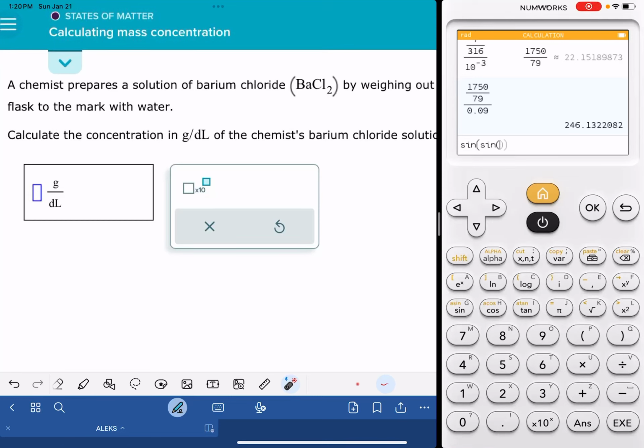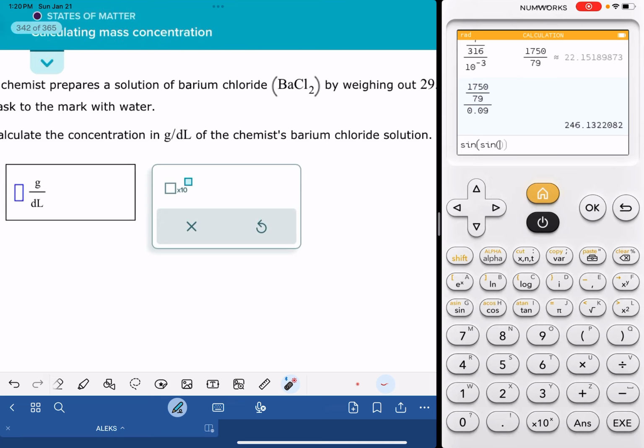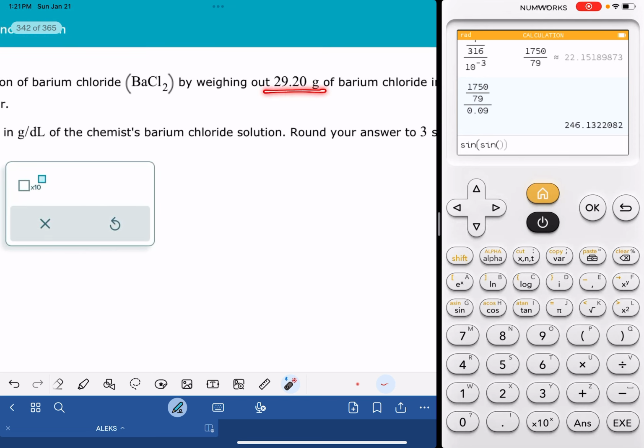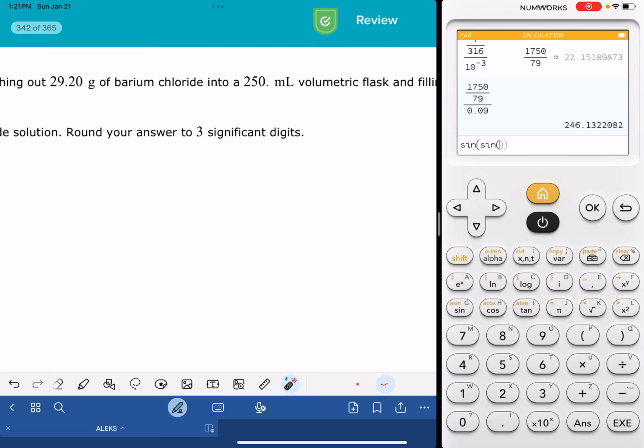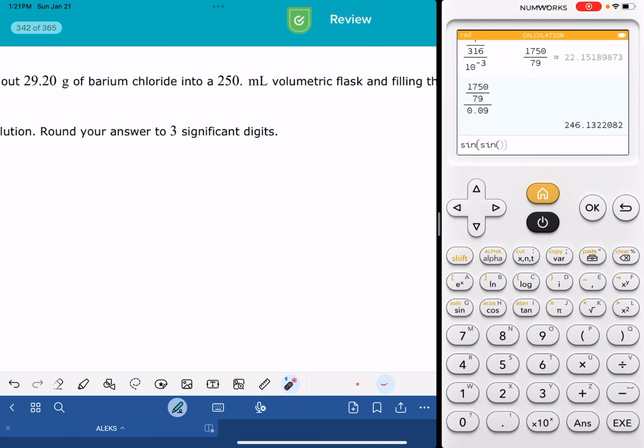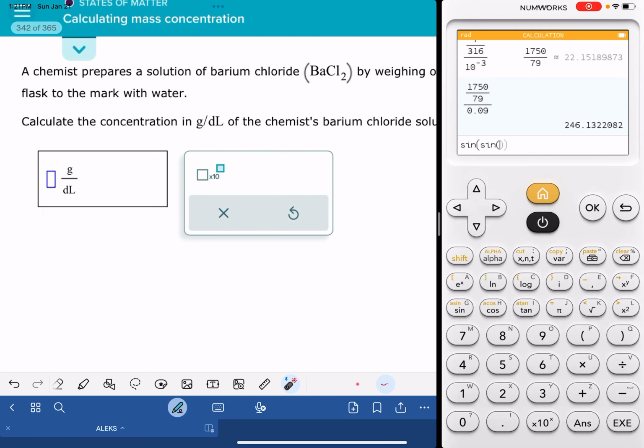In this video, I'll show you how to solve the ALEKS problem called calculating mass concentration. It looks like there's only one version of this problem. I looked at about 10 different examples. They all appear to be the same. ALEKS is going to provide you with a mass of a solute. It's also going to provide you with a volume of solution, and it asks you to calculate the concentration of